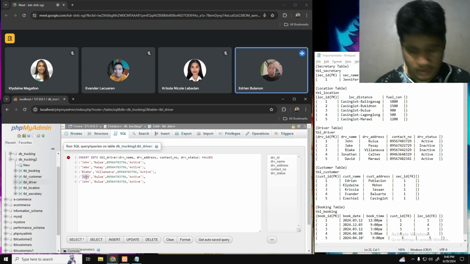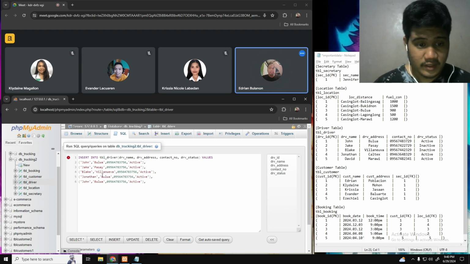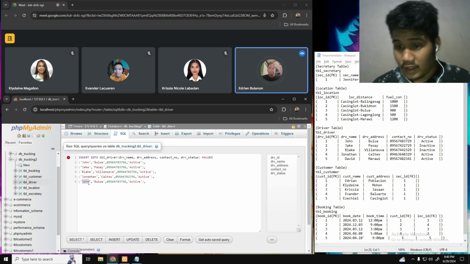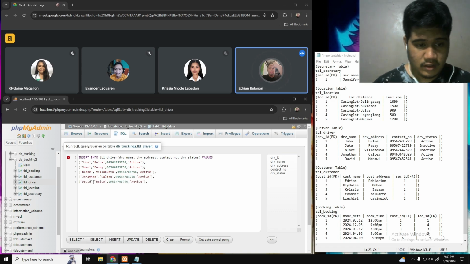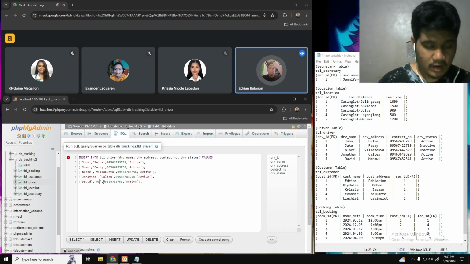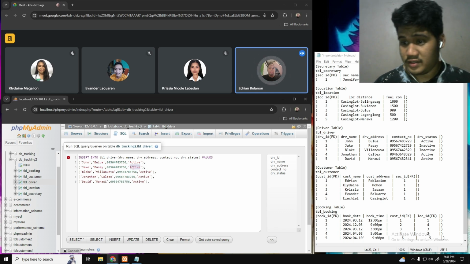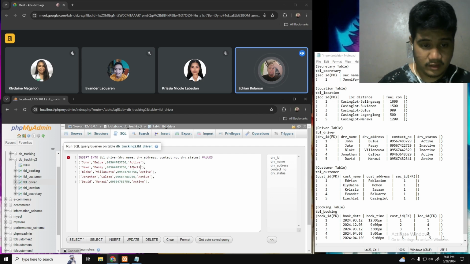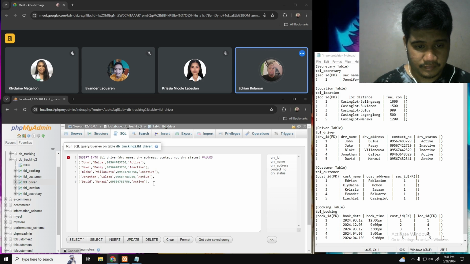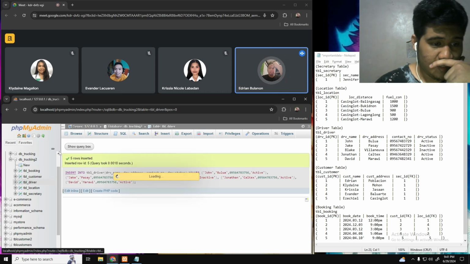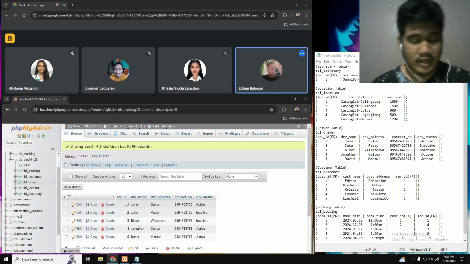And fourth one is Jonathan, its address is Caltex. Last is David, whose address is Marawi. And for Jake we're gonna change his driver status to inactive, as well as for Blake. So I'm gonna execute it. Now we have our data for table driver.